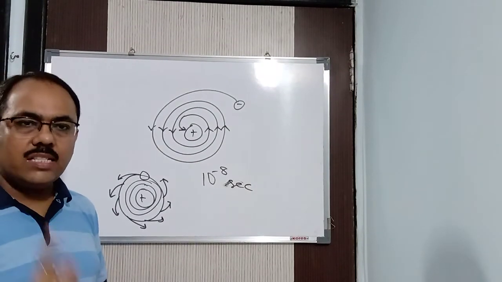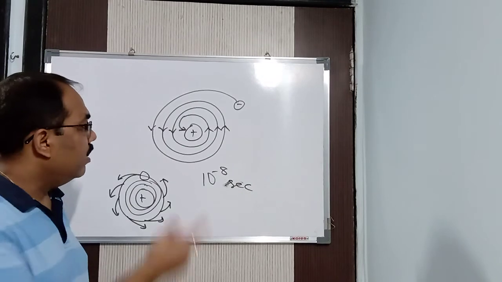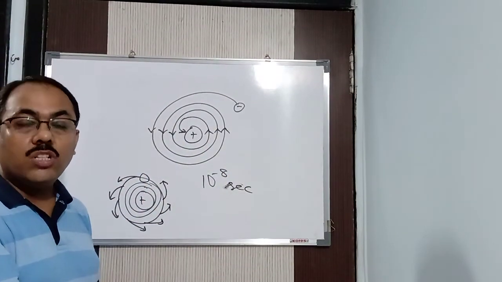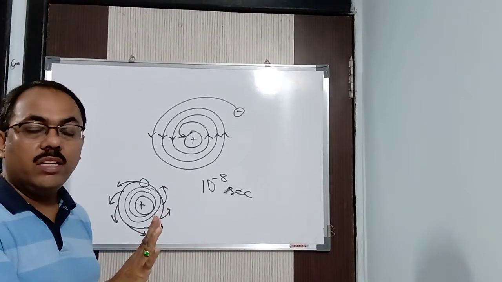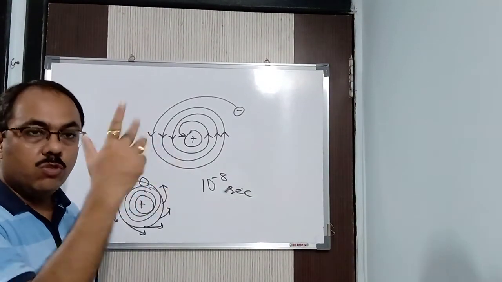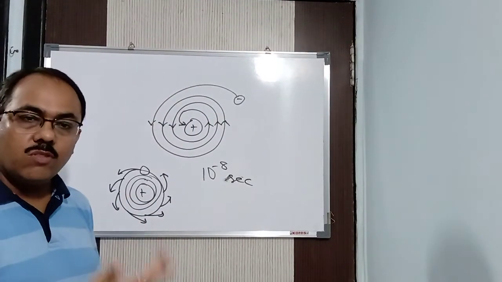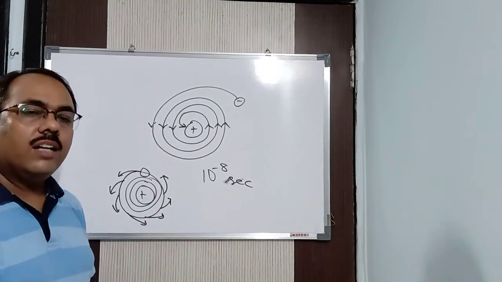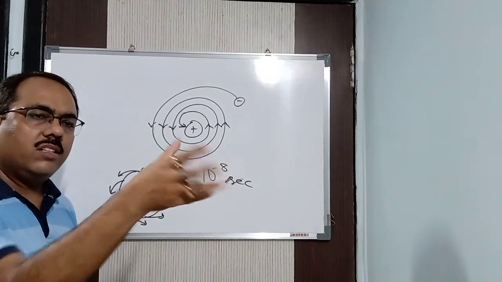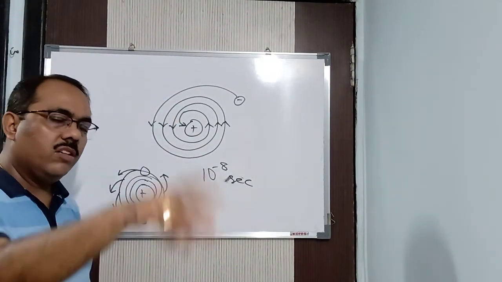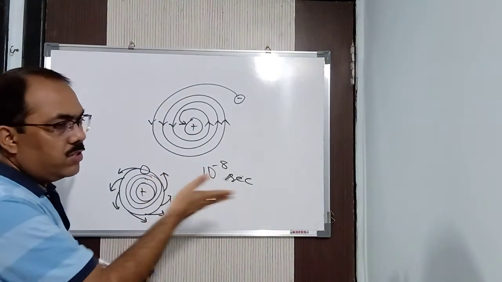So he said that we cannot compare the atomic model suggested by Rutherford to planetary motion. It is not at all comparable. The planets are macroscopic neutral bodies, but here the particles are microscopic and charged. He also said that if at all we compare, then the Earth will get destroyed. Suppose we consider the Earth a charged particle consisting of electrons moving around the sun. It will take a few hours for the Earth to get destroyed.